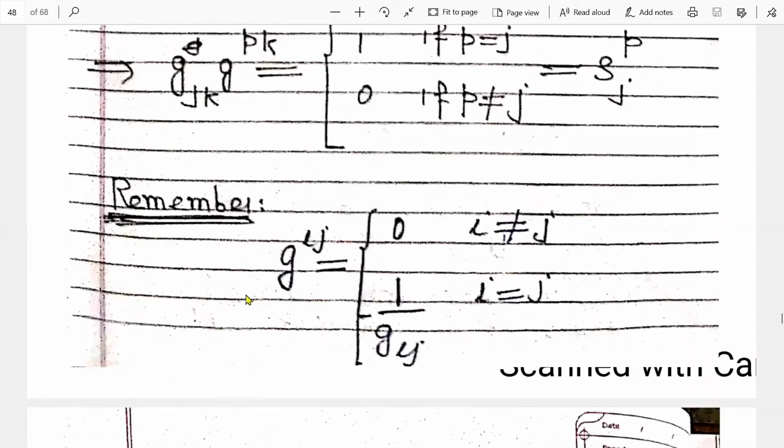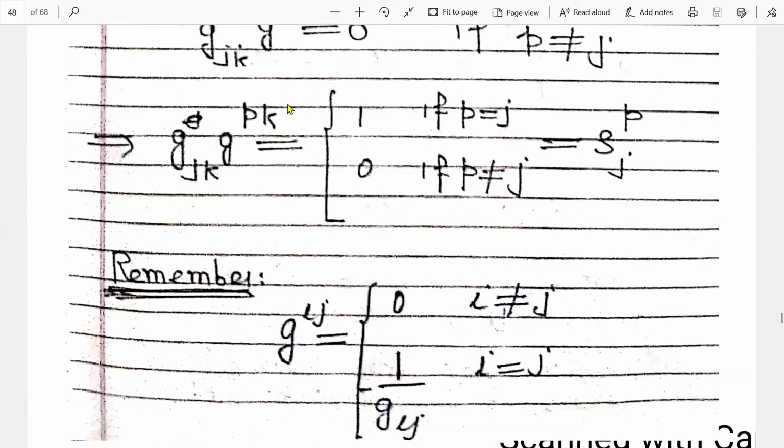So it is the Kronecker delta p and j, right? So remember that this is for orthogonal axes. Now for this product, in order to find the reciprocal coordinate in this case, this value is equal to 1 by g_ii, when i equals j, otherwise it is 0. So this is possible only when the diagonal entries are non-zero and the other entries are 0.